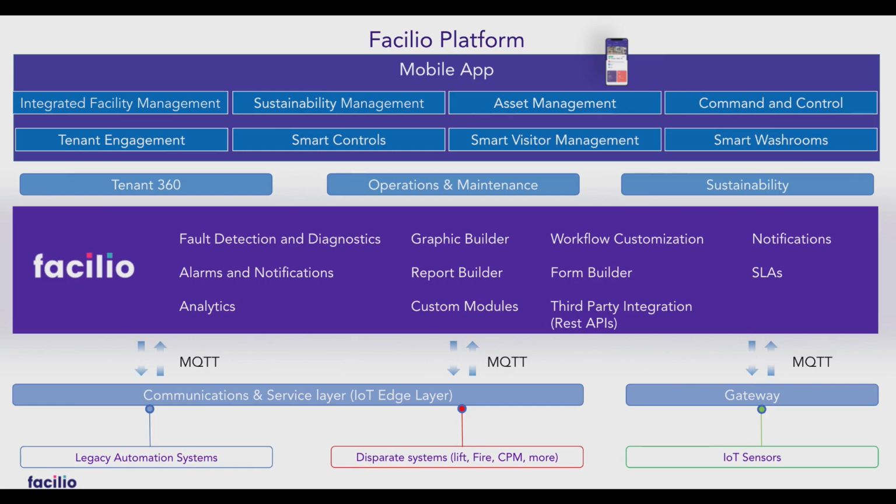And the advantage here is that Facilio is completely hardware and vendor agnostic, so we can interface with any make and model of hardware that is currently installed within the building. And this is all then sending data to the Facilio platform itself. And we can install the platform within any environment. So traditionally it is provided as an AWS hosting, but it can also be in your own private cloud or an on-premise hosting, right? And we leverage all these platform level capabilities that you see here to provide all these